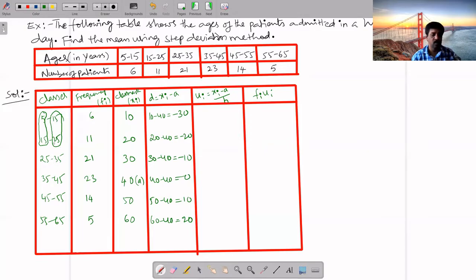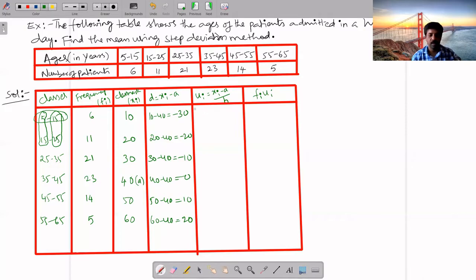So for exclusive classes, we can also take the difference between two boundaries, means upper boundary minus lower boundary. So 15 minus 5, that is also 10. So remember that for exclusive classes, we have to take the difference between two boundaries. For inclusive classes also, after finding the boundaries, we have to take the difference. Then only that gives you the size of the class. So here h is 10.